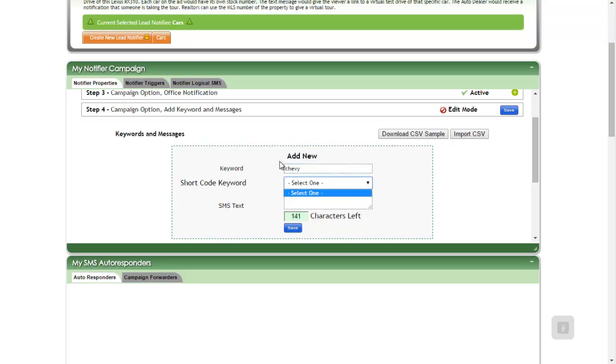If we have a short code keyword, we're going to have to purchase some short code keywords from our credits, or add keyword credits to our account and then acquire the keywords that way. But I'm not going to enter that now. I'm going to enter our text. So when that customer texts in Chevy, and let's say that this keyword is placed on the sticker of the car,